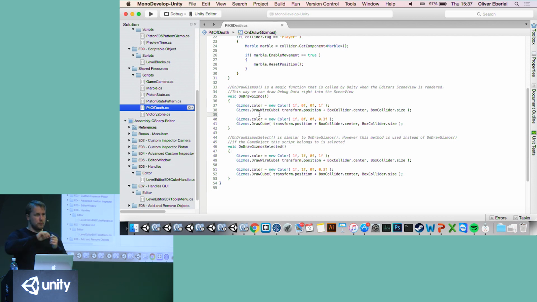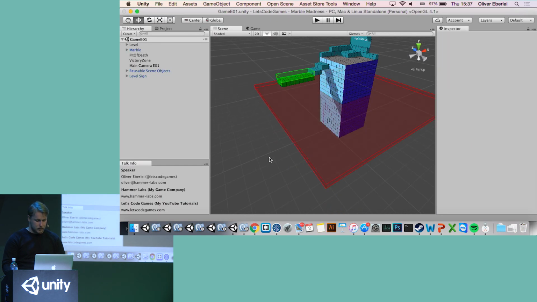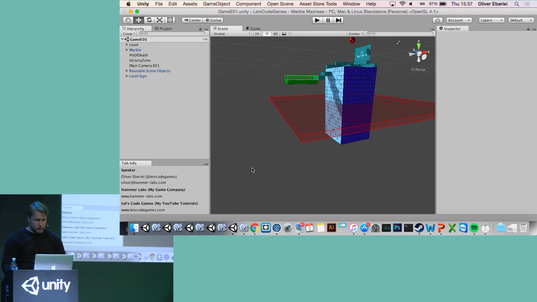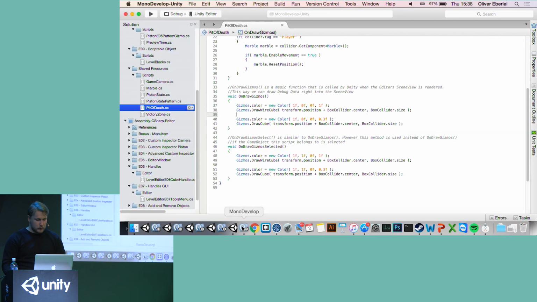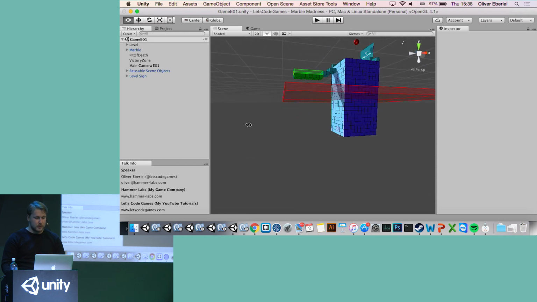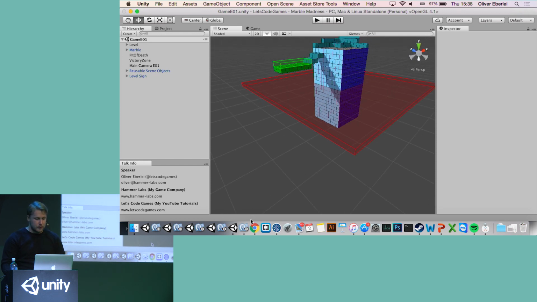And a wire cube is a cube that is just the lines. So you can see here, this is the red wire cube. And then secondly, what I draw after that is, with an alpha of just 30%, a full red cube, but with a lower alpha value, so the whole region is tinted red.